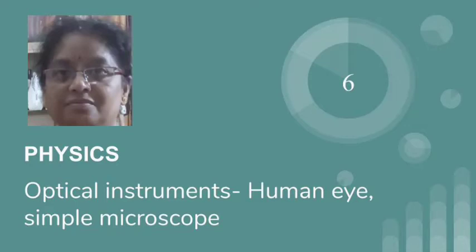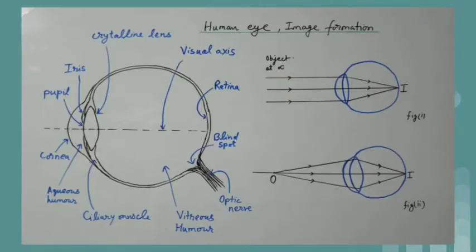Hello students. So far we have seen some optical phenomena such as reflection, refraction, dispersion, etc. that occur in mirrors, lenses and prism. On the basis of the principles of these phenomena, a large number of optical devices have been made like microscope, telescope, camera, binocular, etc. But the most important of all devices is the human eye, which is a natural optical device. So, first I will explain about the human eye, image formation in eye, various eye defects, and its correction.